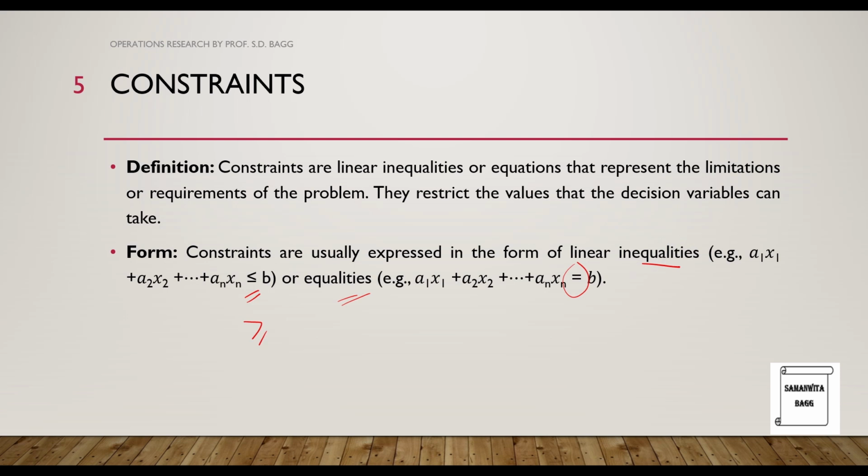When we say it is less than equal to b, it means that this left hand side is lesser and this is greater. To make this equal, you will have to add something to the left hand side. Suppose I say that this term a1 x1 plus a2 x2 up to n number of terms is greater than equal to b. It means the left hand side is greater as compared to the right hand side. So we need to subtract something from here so that the two become equal.